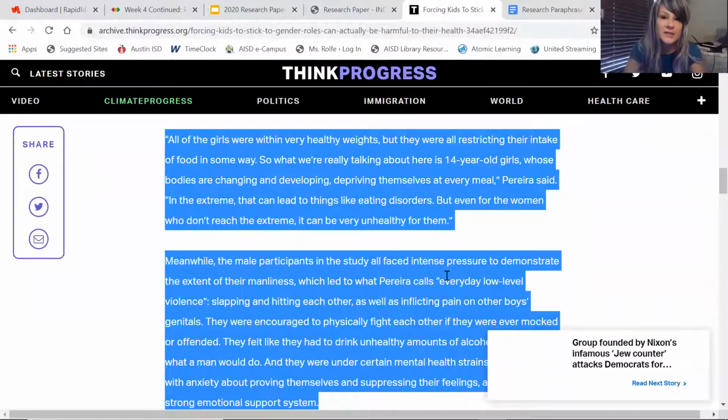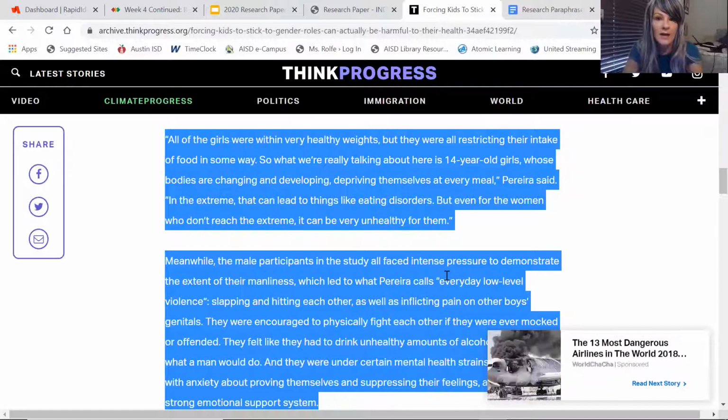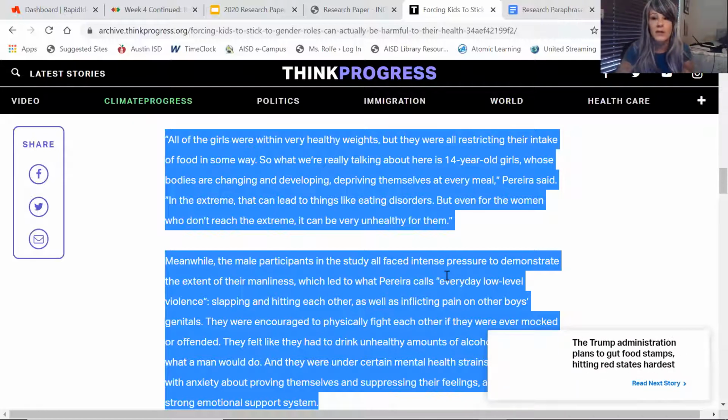So these are the two paragraphs that I want to include in my research paper, and I'm sorry about the pop-ups. This article was somewhere else originally, but now it's on this site with pop-ups. So I'm going to read through it, and I'm not going to read it to you because this isn't obviously your paper.